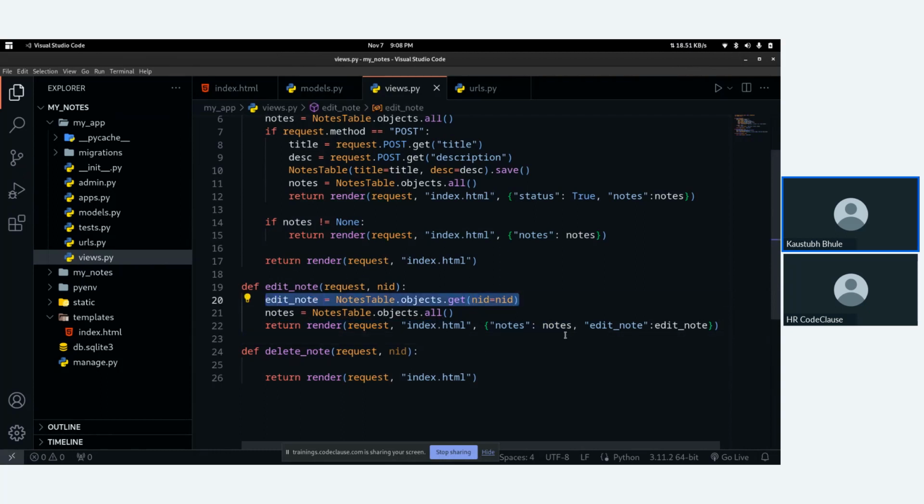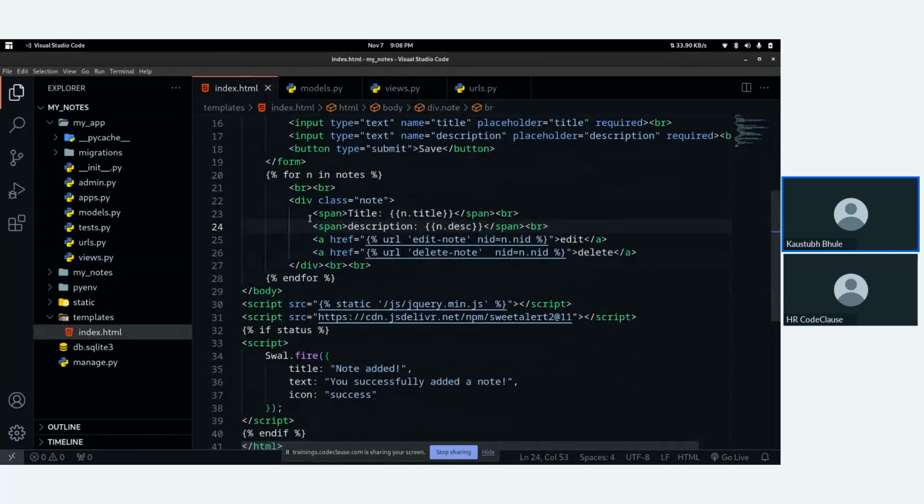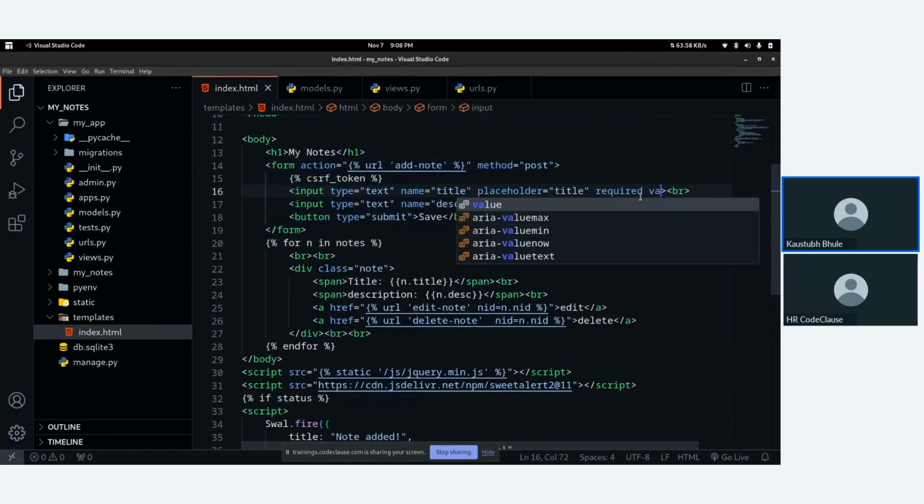Now, what we will do inside this form is specify the value. So value equals to double braces. We are sending note, right?